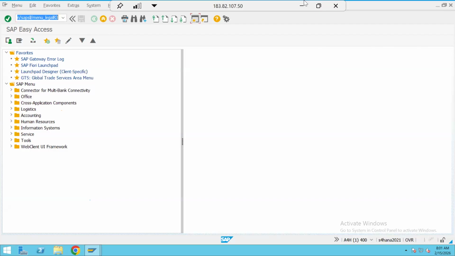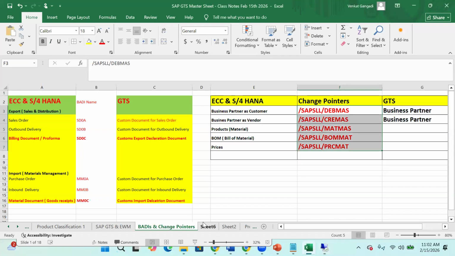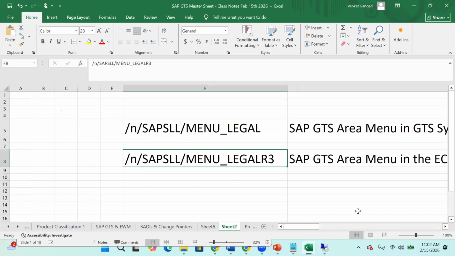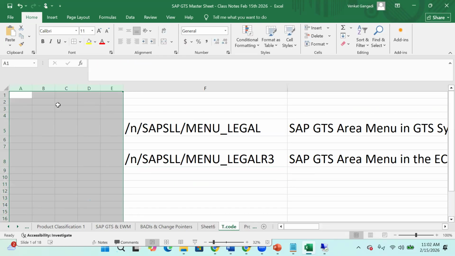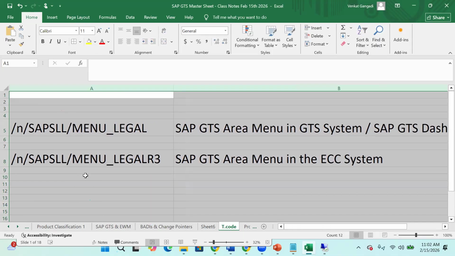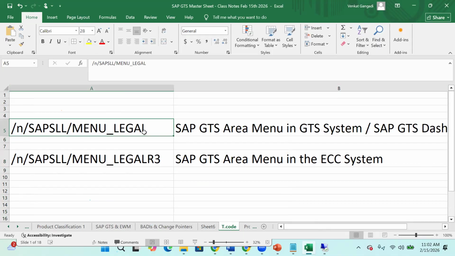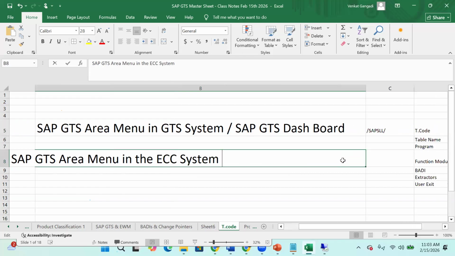If I put it in an Excel, you will easily understand. Okay, let me put it like this one. /SAP SLL menu _ legal. If you want to access the GTS dashboard or GTS area menu in the GTS system, this is the T code. But if you want to access the GTS dashboard or GTS area menu in the ECC or S4HANA, ECC or